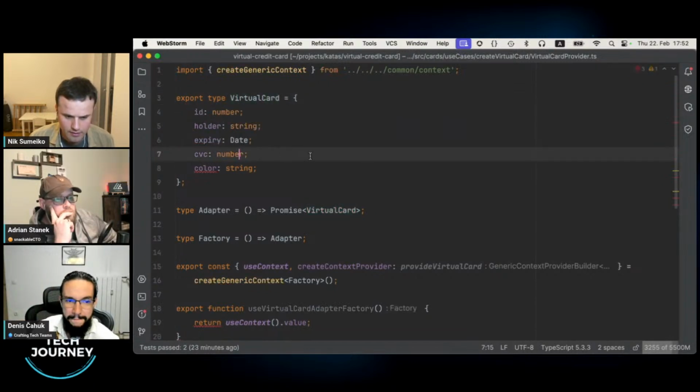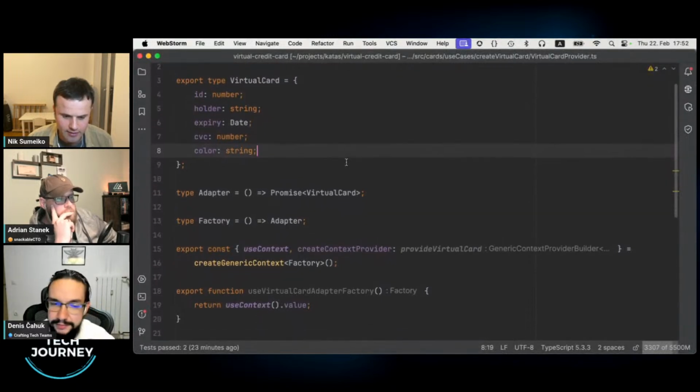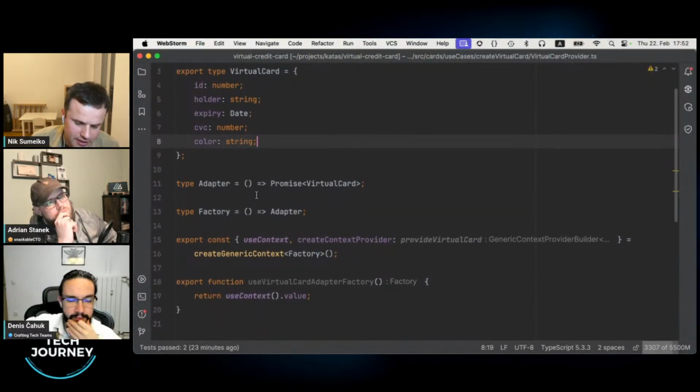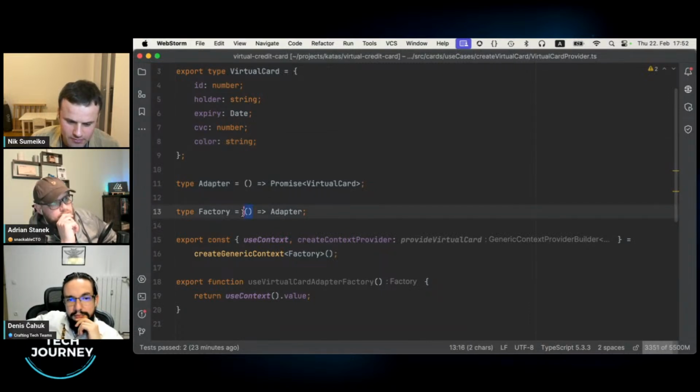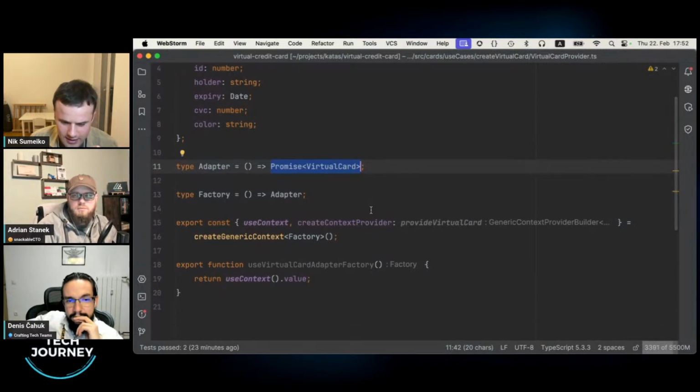Yeah. This is my interface that I defined like in a diagram. And here I describe an interface of my adapter, actually the one that we designed using unit tests. That was a factory function that returns another function that at the end returns me a promise. This is exactly what we designed with the unit test as an adapter.